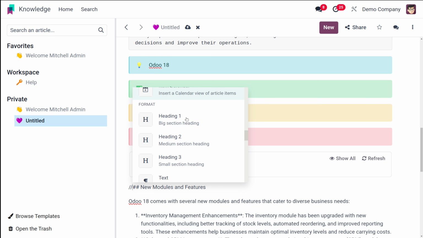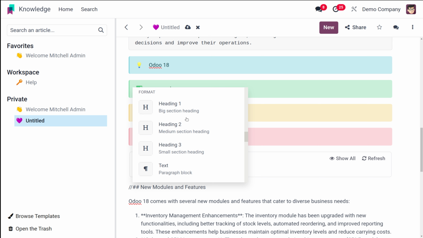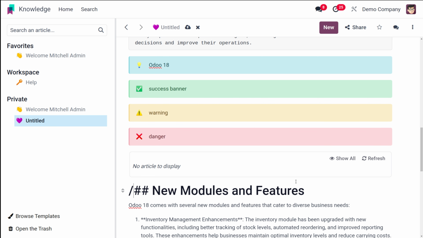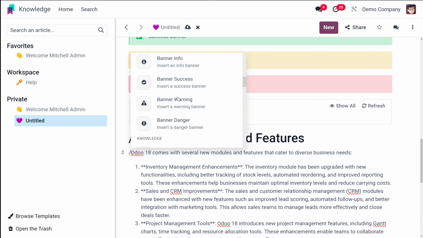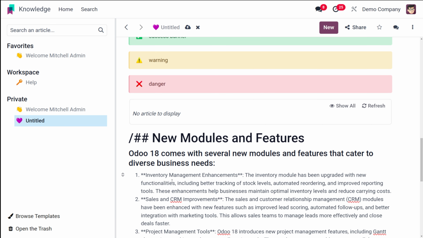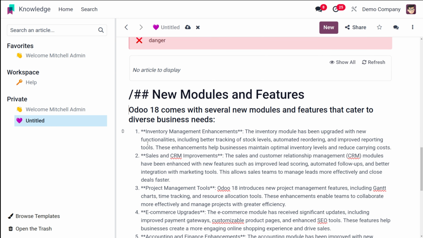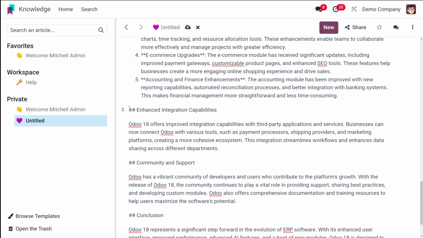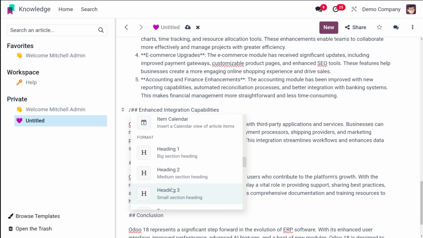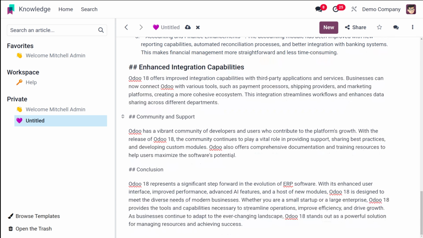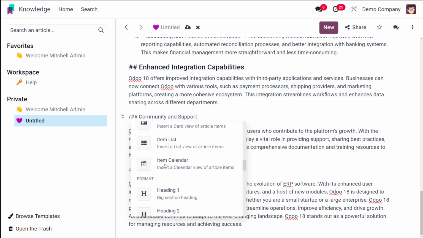Okay. And next you have the formatting, where you have the option to select different heading sizes like heading 1, heading 2 and all. So let's make it heading 1. See, the size is different. Now let this sentence be heading 2. So this has become heading 2. And let's move on and make this into heading 3. So here is heading 3. Okay. So 3 types of heading are available here in the article. So that's the different headings.